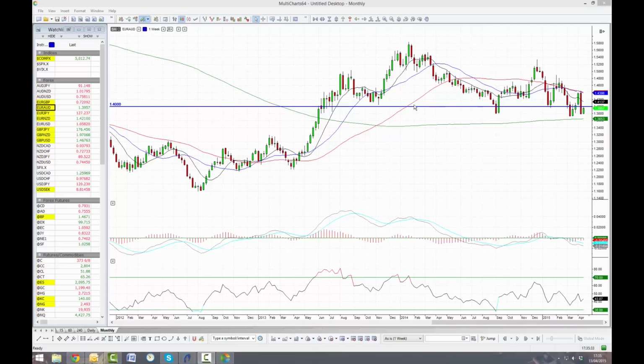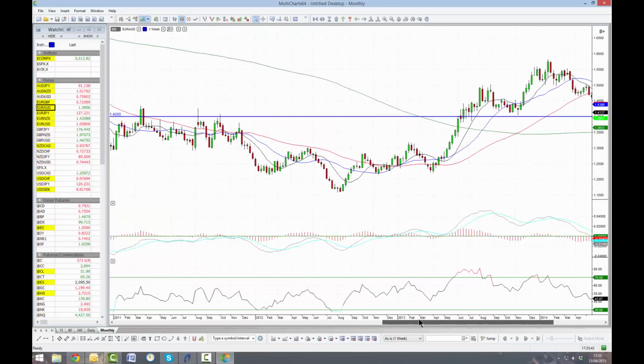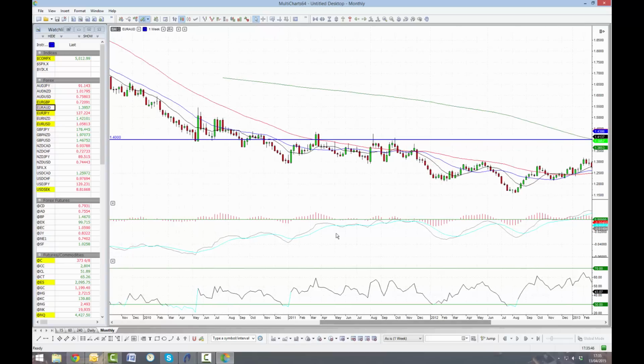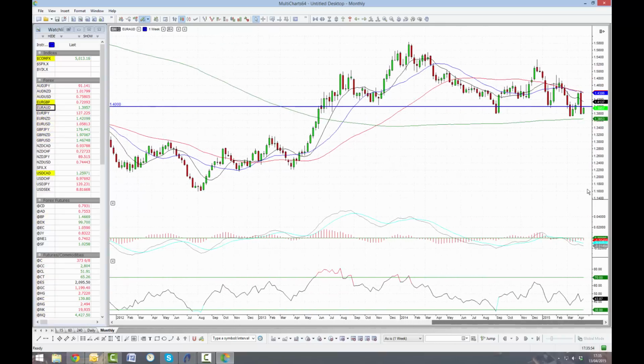This level has been a real key level here on these higher time frames and some of the lower time frames as well. So if we take a look at this market on the weekly and just start to scroll back through time, we can see that 1.4 has been support and resistance many times in the past. In fact, more recently, the market's made lower highs, lower lows, and the market's just pulling back up towards 1.4